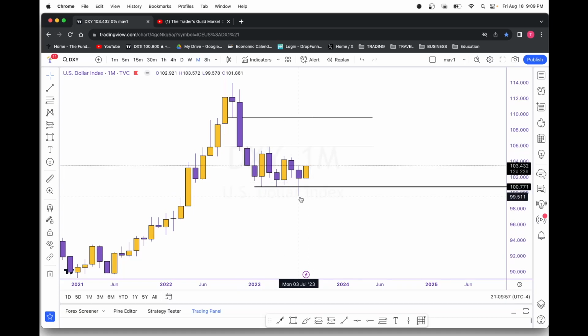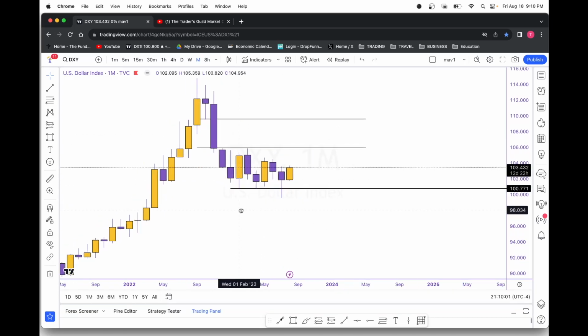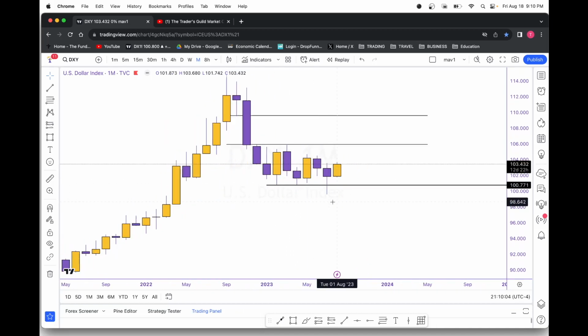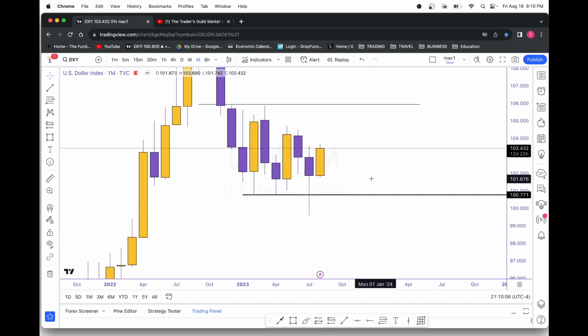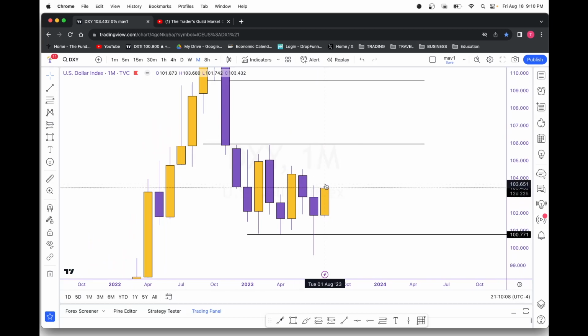All right, so after sweeping this, I could definitely see them coming up above the high of the year and giving us a new high of 2023. Now, all cool and well, but given that we just came into at least a minor level of liquidity, buy side liquidity,